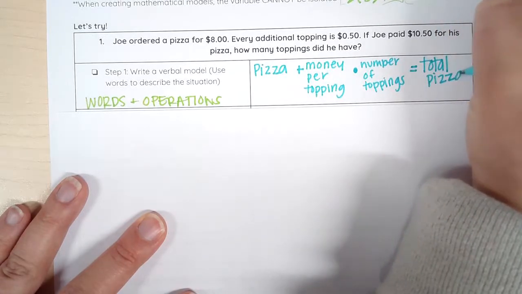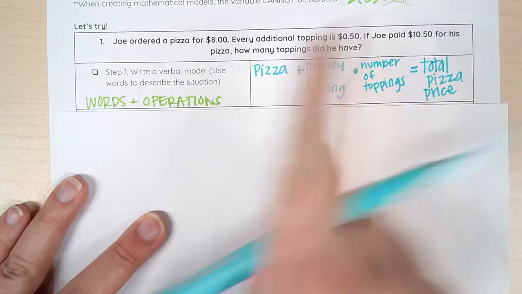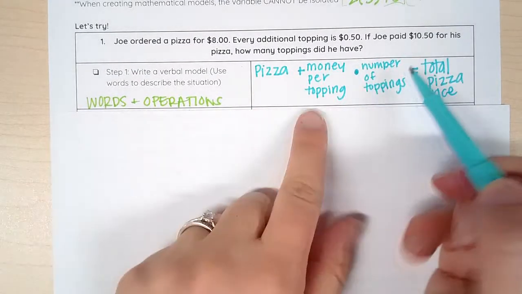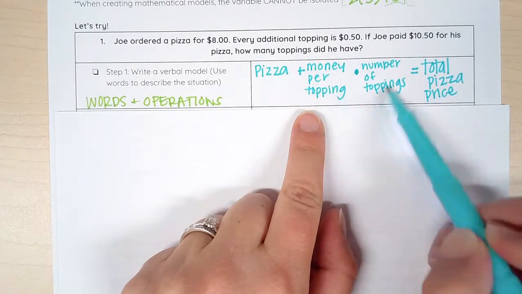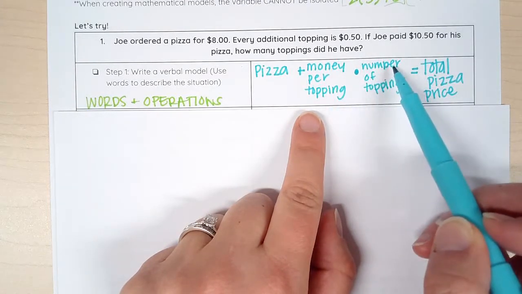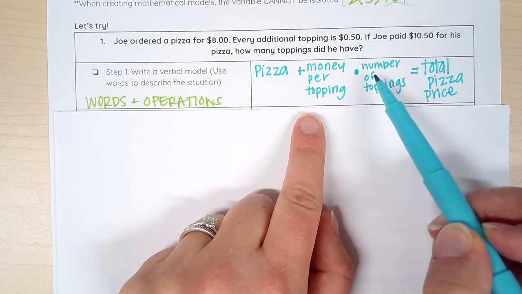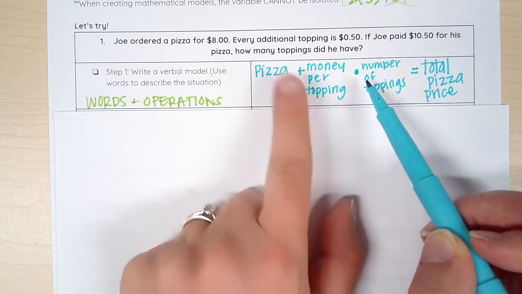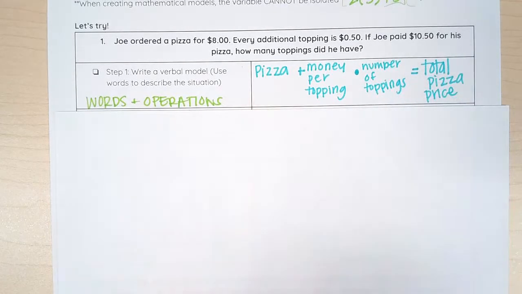Total pizza price. So I've got the basic pizza, that's one price, and then I add that to these 2 that are combined. The amount per topping and my number of toppings will get multiplied for a total price of my toppings that gets added to my pizza for a total pizza price. Okay,